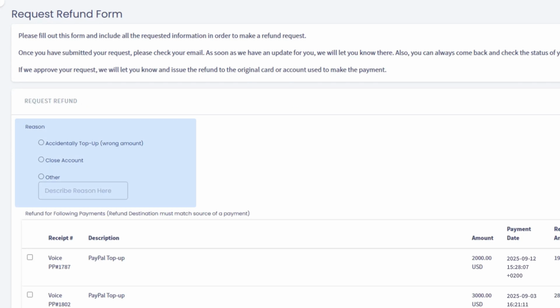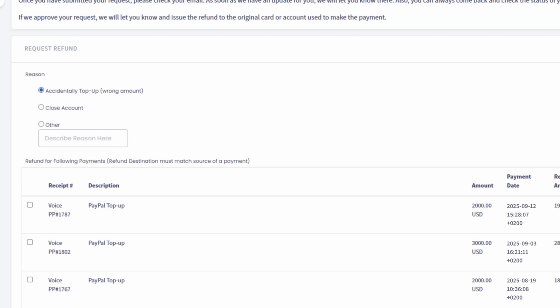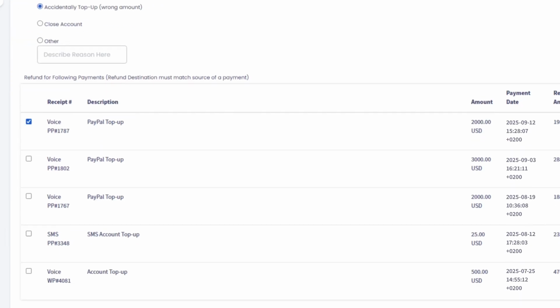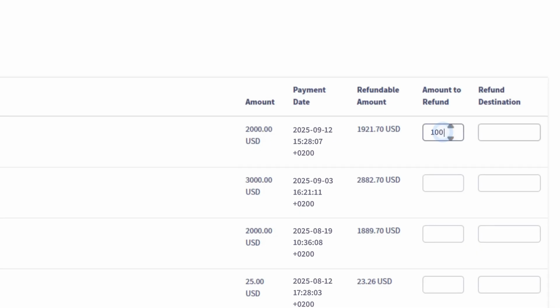First, select the reason for your refund. Options include wrong top-up amount, account closure, or you can choose Other and provide a short explanation. Next, select the payment or payments you want refunded. In the corresponding fields, enter the amount you'd like refunded, and specify your refund destination, for example, bank account or